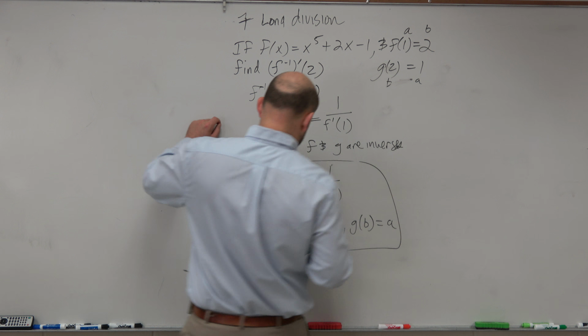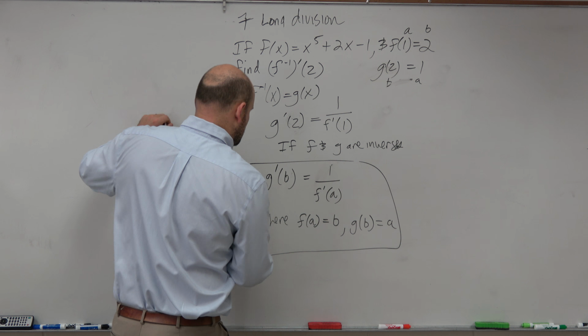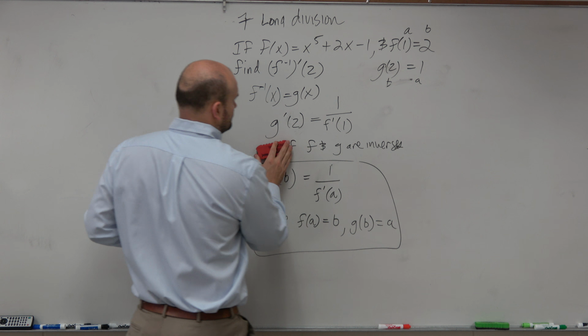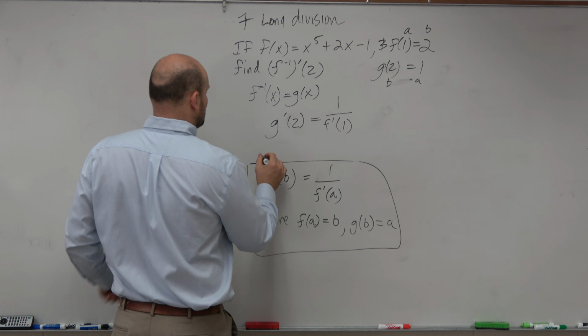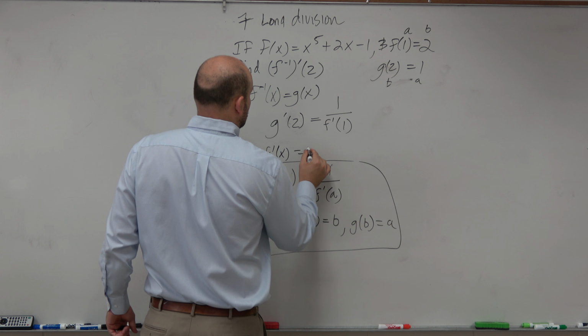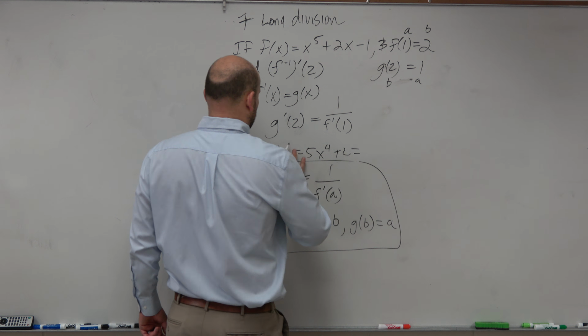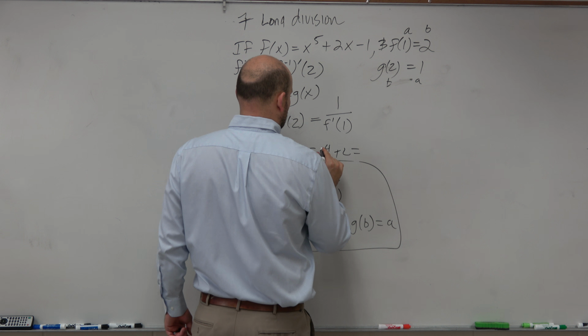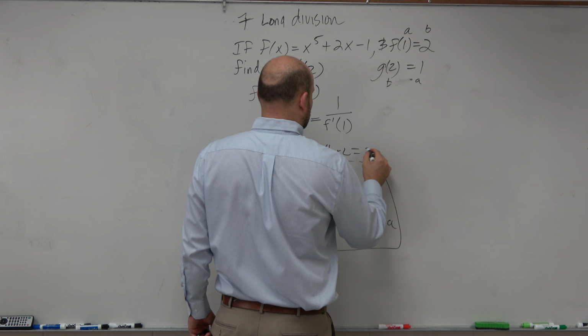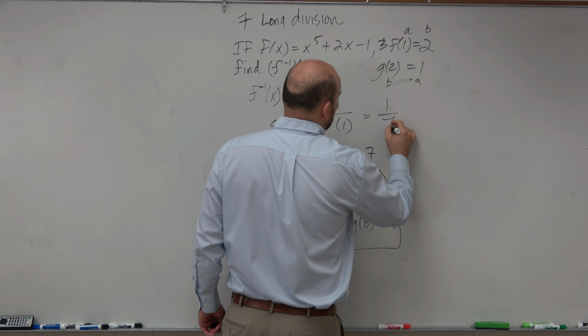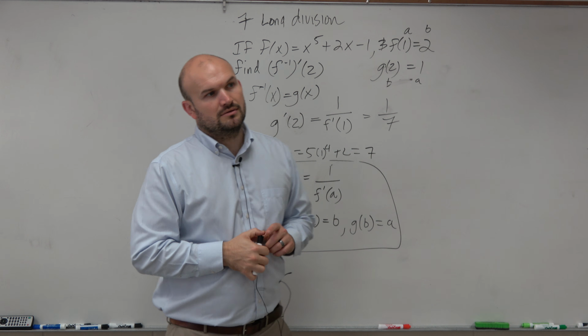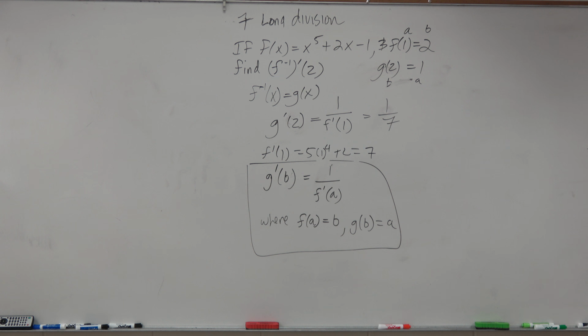So let's go ahead and find f prime. f prime of x equals 5x to the 4th plus 2, so f prime of 1, plug it in, is going to equal 7. So I have 1 over 7. So the biggest mistake I see students do is they will not